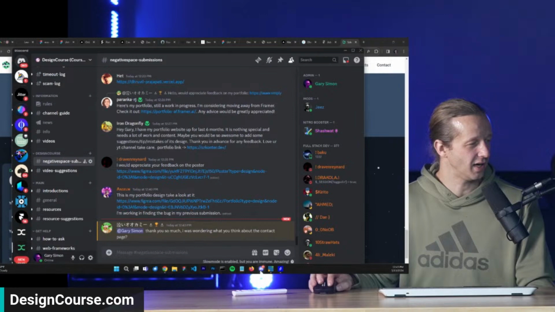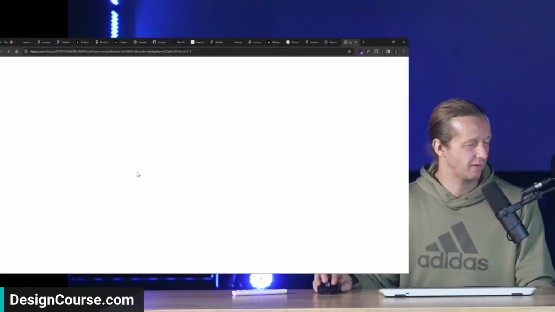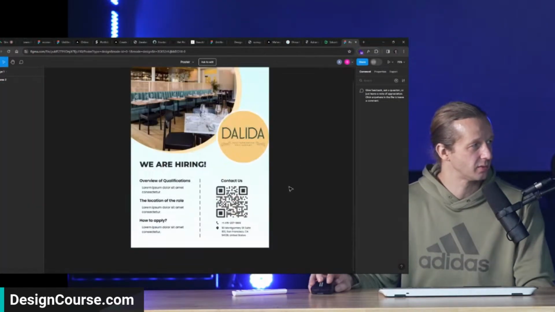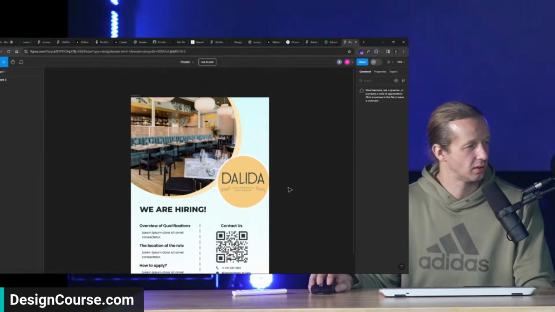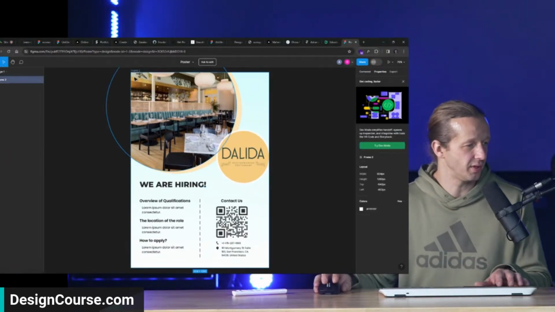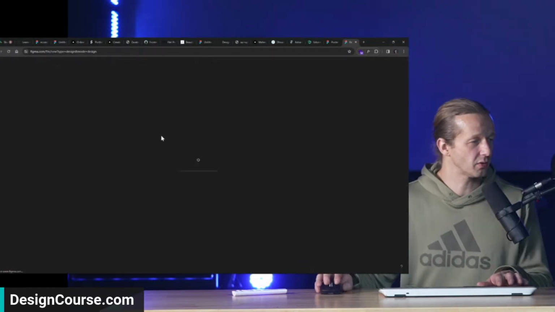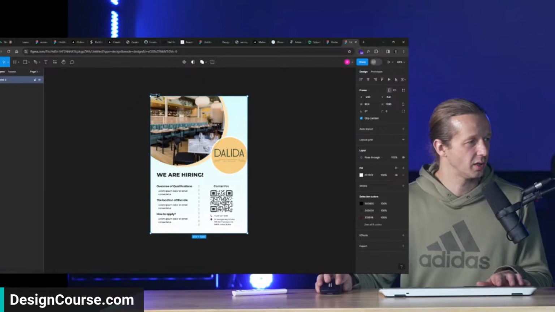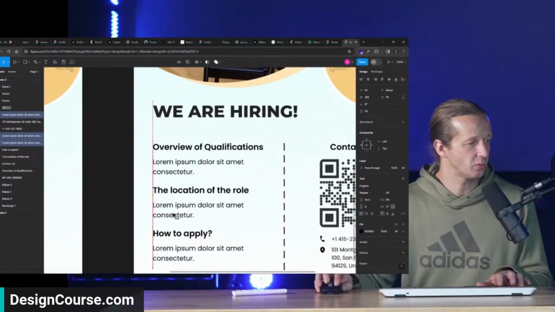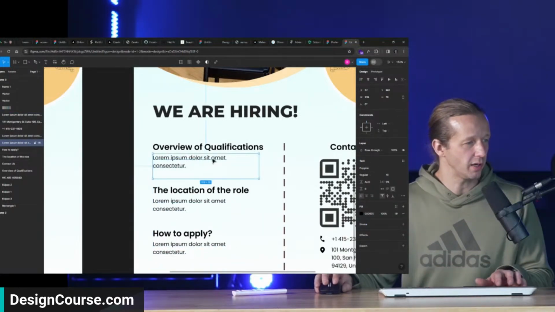Alrighty. I'm not sure, have I done this one yet? Oh, no, I haven't. This looks like a poster or a flyer. I would change a few things about it. I don't like the slightly indented space over here. Here's the original. If I move this over, I would take these and push them over here, push them up, make them smaller and make them wider.